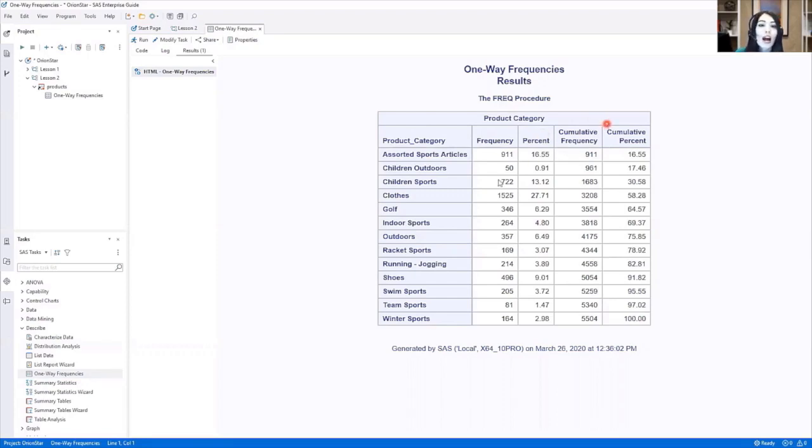So for example, looking at just one example here, in the golf product category, there are 346 products, which make up about 6% of all of the products that are available. Again, along with the cumulative frequency and percentages. So this is a good starting point, and it already helps us to address our question. However, maybe I'd like to make some modifications. Maybe I only want frequency and percentage values, and maybe it'd be nice to make the title a little bit more